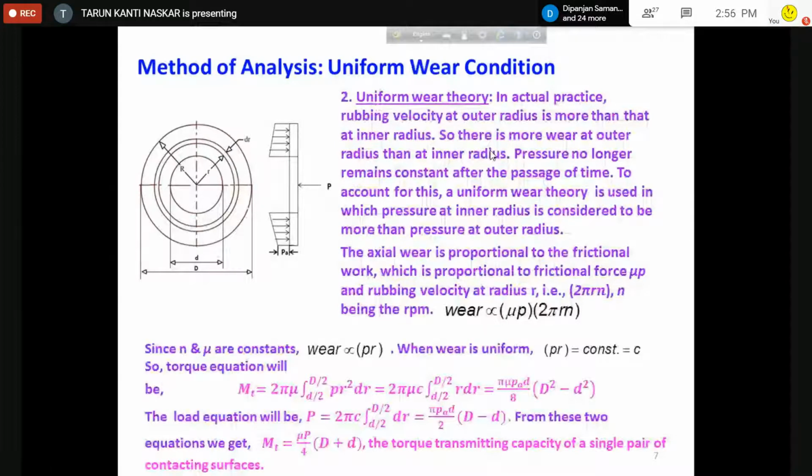So, torque transmitting capacity is Mt equal to mu P by 4 into capital D plus small d for a single pair of contacting surfaces. This is the torque transmitting capacity. Now, for uniform wear,